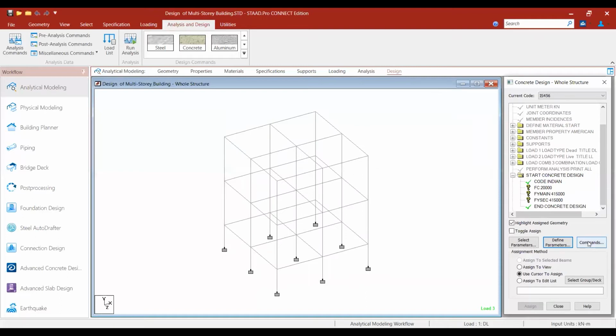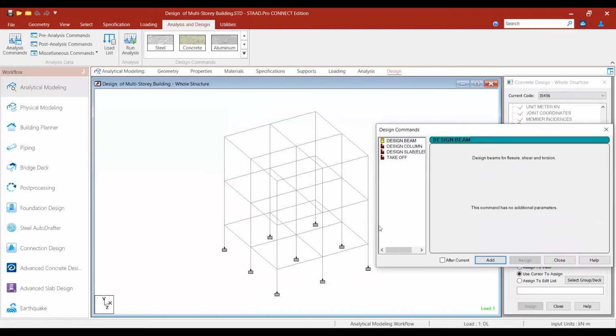Next is commands. You have to select the commands: what you want to design in this building. First will be columns, so design column, add.